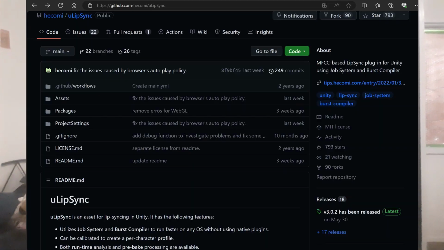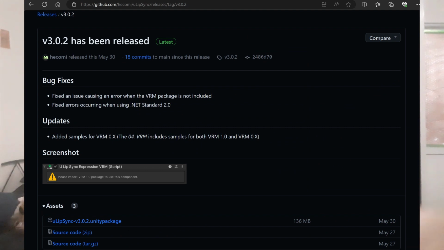But I had just a few problems getting this to work. So for installation, I went here, I clicked this, I got this Unity package file in here. After it downloaded, I went to the package manager, made sure it has the Burst and Mathematics packages. That's under the Unity Registry tab. Then I closed that, created an empty game object for the lip sync stuff and an audio source, and a